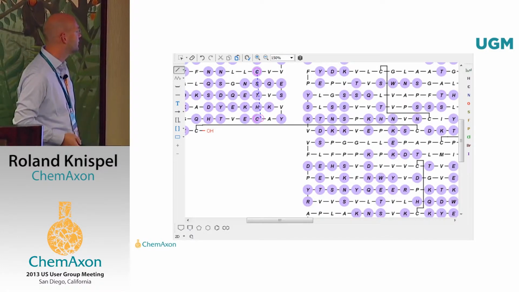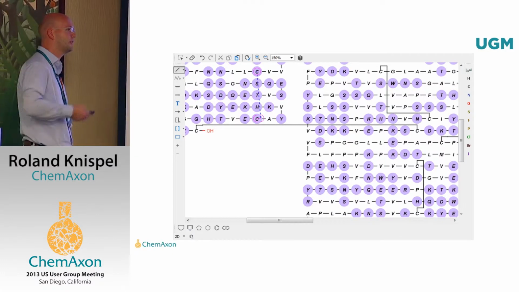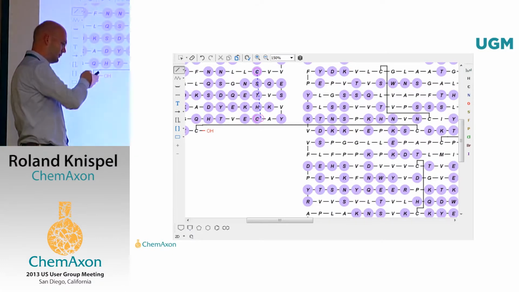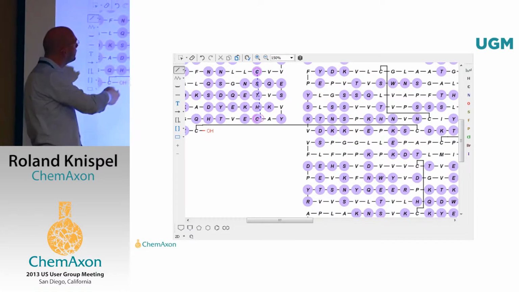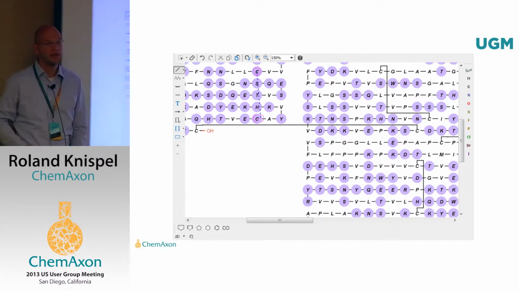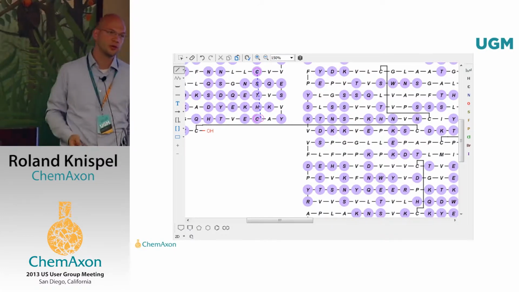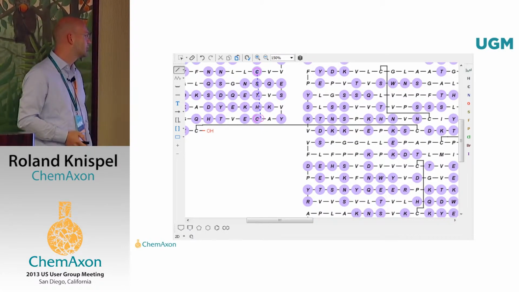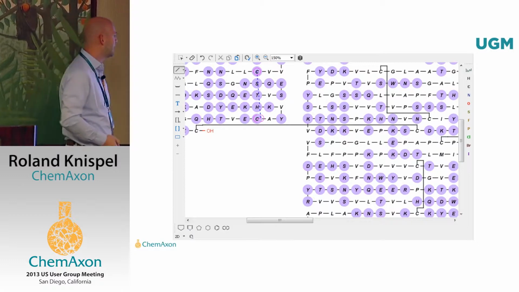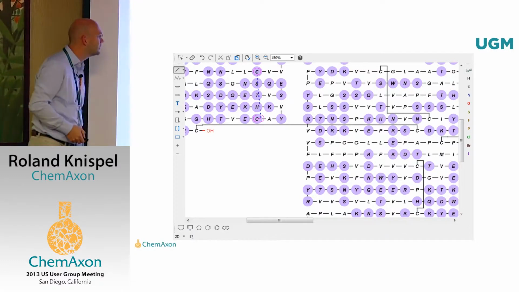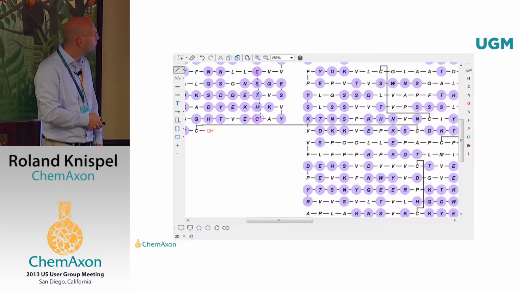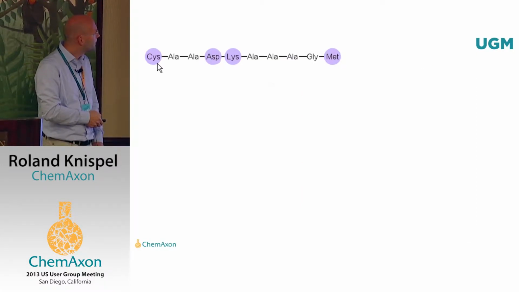When you draw these, we have integrated another feature which lets you drag from free and available attachment points, with a kind of colored markup towards residues which still have another free supergroup attachment point. And when you drag the bond down, then you will see this nice, clean bond. The same thing